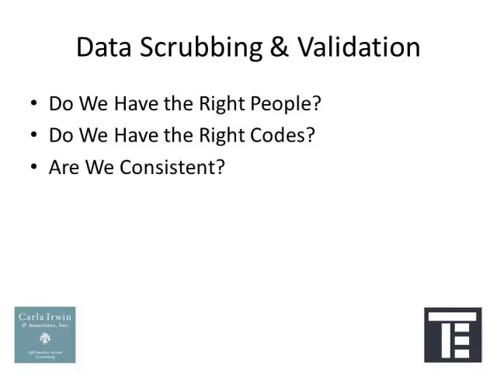And once we're sure that we have the right people and we've got the right codes, the next question to ask is, are we consistent? Like I've said before, consistency really is a two-pronged question here. Do we have consistent data? Are we reporting pay rates in terms of hourly rates or annual salaries within each employee grouping or within each job title? Are we using consistent currency if we have multinational situations? Are we reporting some people in dollars and some people in yen? You want to make sure that you have consistent reporting in the same currency, in the same unit of pay.